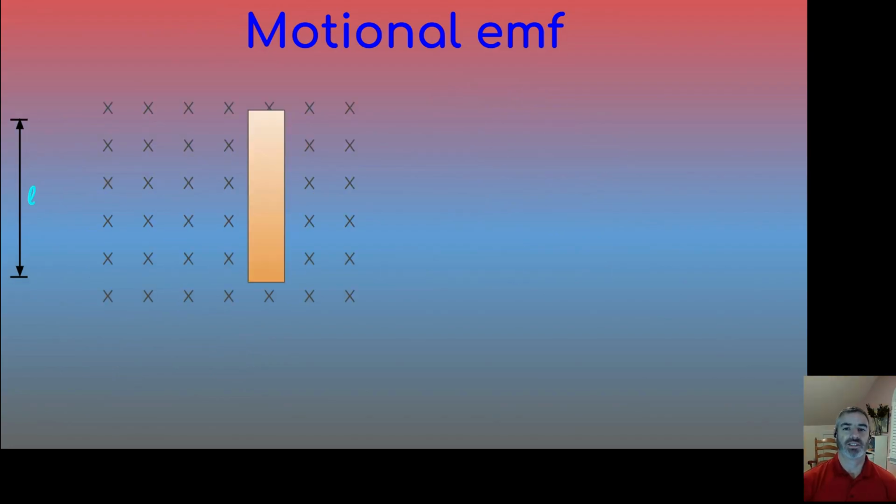Now let's look at a separate example with a rod moving through a magnetic field, but this time we have that conducting rod along two parallel plates that are connected by a resistor. So the rod has a length of L, and what we're going to do is move this rod down the conducting plates to the right, which is going to induce a current, because what's happening is we're increasing the magnetic flux by increasing the area. So increasing the flux into the page means that there